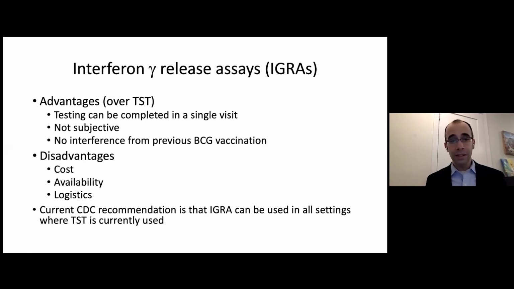There are clear advantages to these tests because they're blood tests. They can be completed in a single visit. They're not subjective. They don't require somebody to read a zone of induration. And there's, as I mentioned, no interference from prior vaccination. The disadvantages are that they're more costly. They're not available everywhere, and there are sometimes logistics about when they can be drawn during the week, depending on how often these tests are sent. The current CDC recommendation is that the IGRA can be used in any setting in which